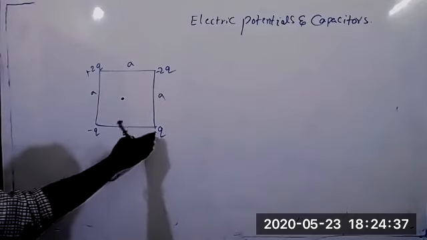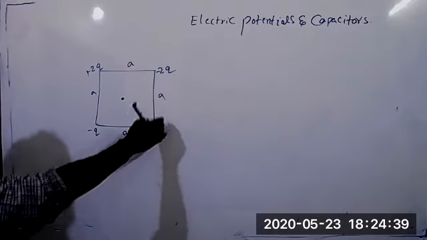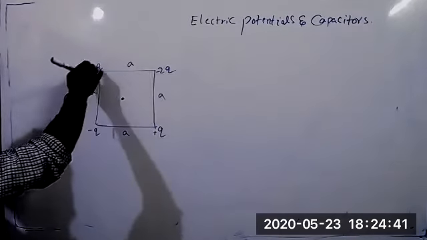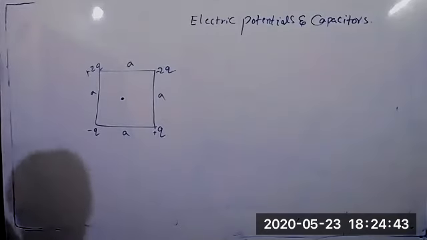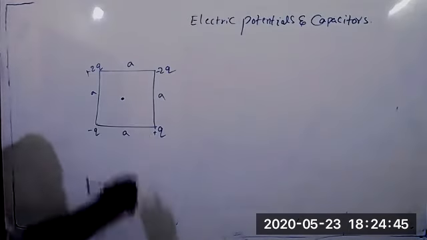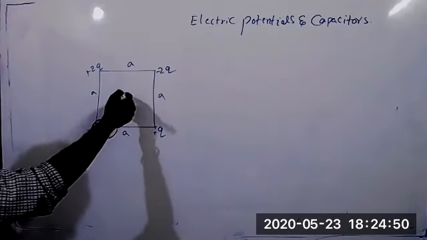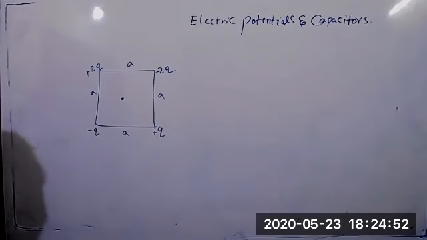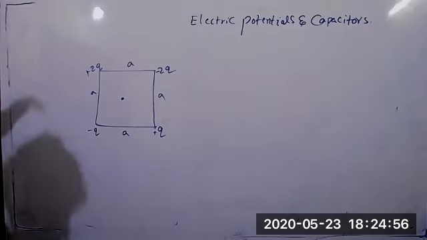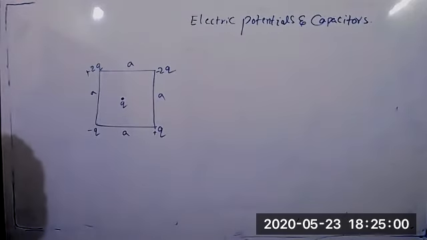See, between these two charges, there will be a potential. Between these two and between these two. But at the center also potential will be there. Am I correct? Yes, sir. Electric field is zero. There should be a charge at the center so that the potential is created. One charge should be there. Now you can calculate.